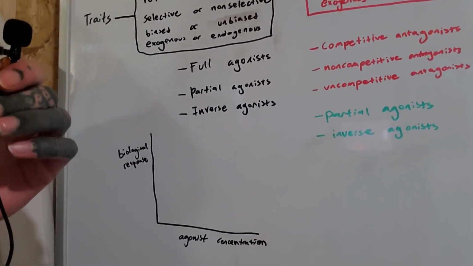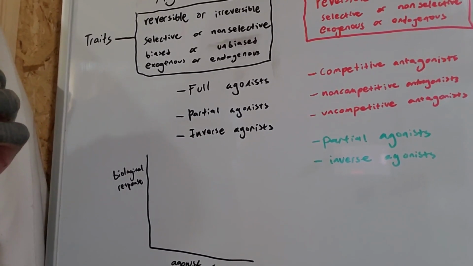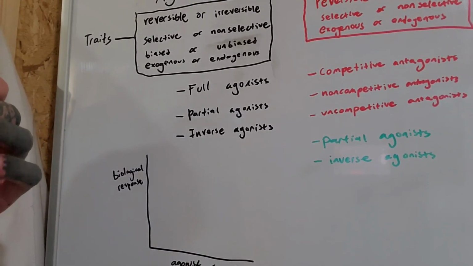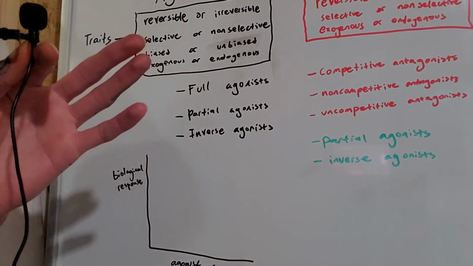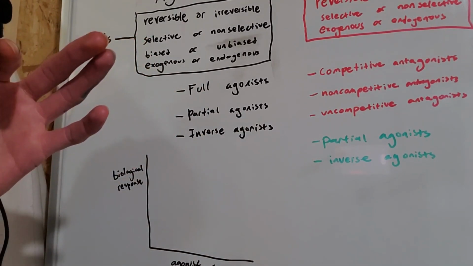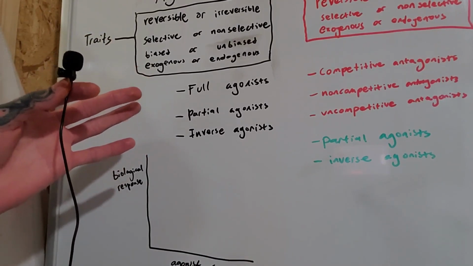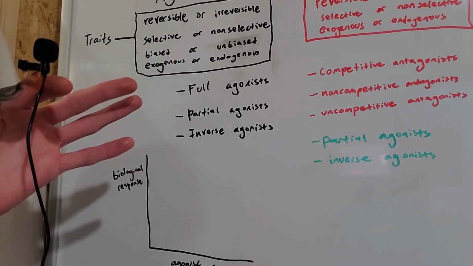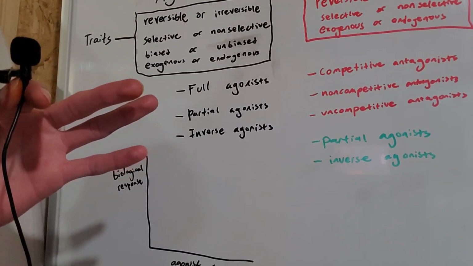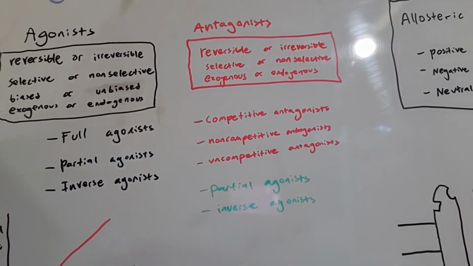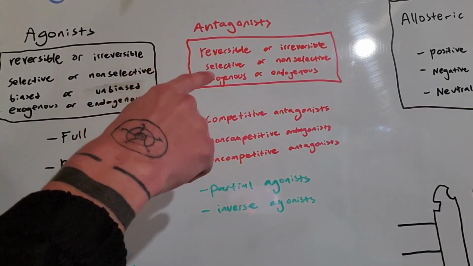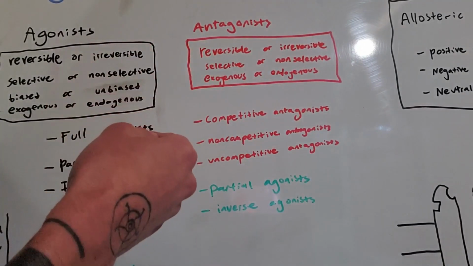And then we have inverse agonists, which, interestingly enough, they bind to the active site and they elicit the opposite response that a typical agonist would. So in that sense, they're sometimes also grouped in with antagonists, because they might prevent full or partial agonists from binding to a site, and then they inhibit the activity of that receptor. In terms of antagonists, the traits that they can exhibit are reversibility or irreversibility, same as agonists,